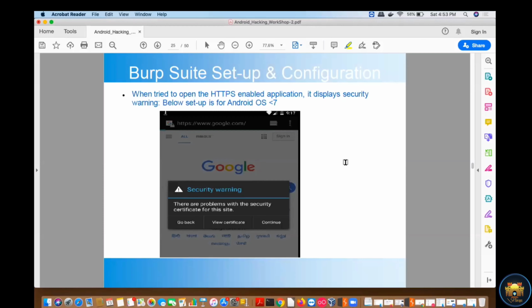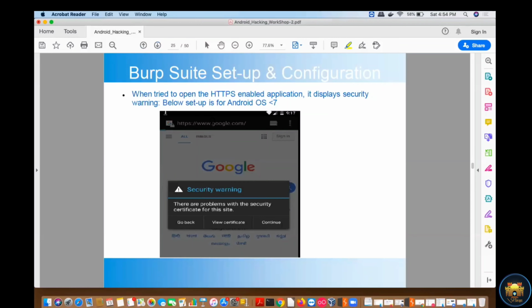Before Android operating system version 7, you can easily set up your Burp Suite configuration in your mobile device and intercept the HTTPS request, right? And for OS level greater than 7, right? There are some tweaks that need to be applied so that you can intercept the HTTPS request. We will be talking about all these details in brief.